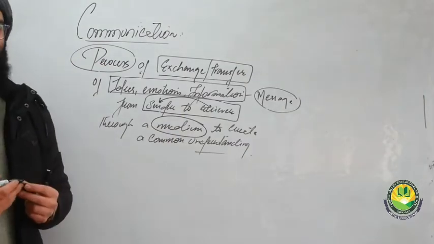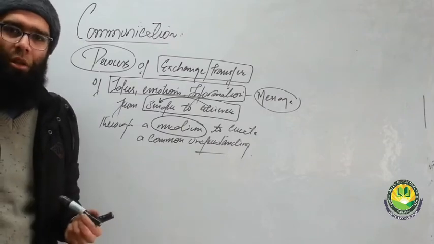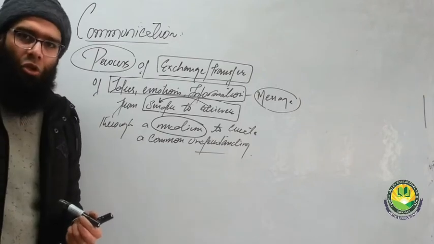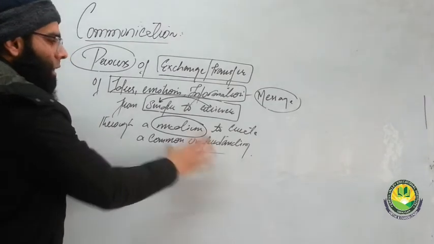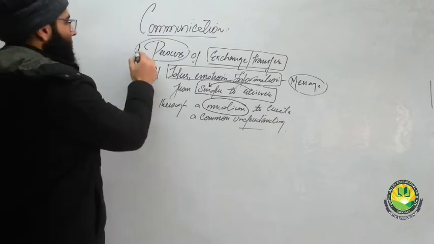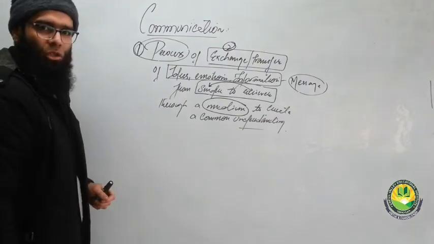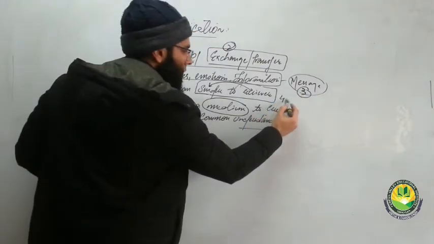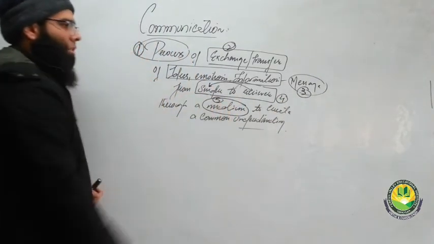These two parties will come to a common understanding. They will understand each other. Imagine nobody talks. Can we say that we understood something? No. When somebody says something, communicates, and the other person says, yes, I have understood, communication has happened, and this communication has resulted in creating common understanding. So the different parts of communication are, first, it's a process. Second, there is an exchange. Third, there is a message. Fourth, there is sender and receiver. Fifth, there is a medium.